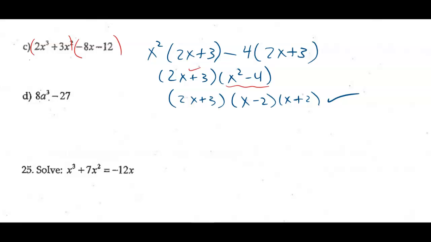Here, we don't have squares, but we have cubes. We learned how to factor cubes. This one you just kind of have to memorize. The first one is a binomial, and it's simply the cubed root of everything. 2a minus 3, right? Cubed root of 8, cubed root of a cubed, cubed root of 27. Now it's a little memorization thing. Take the first term,